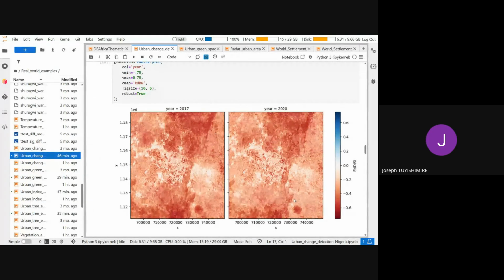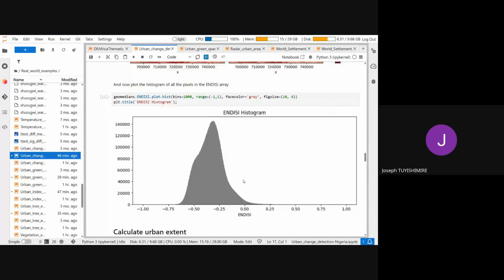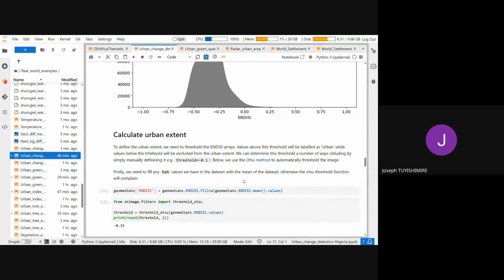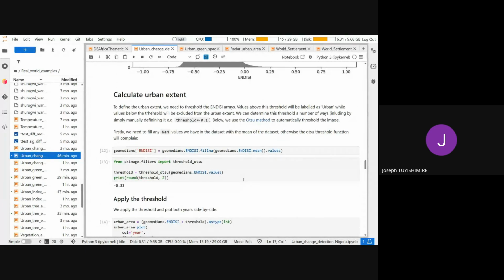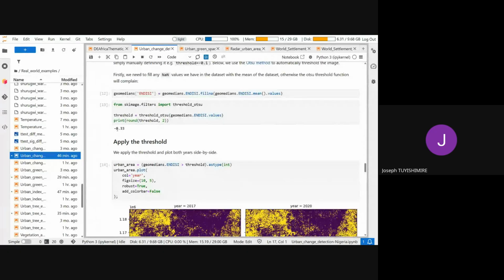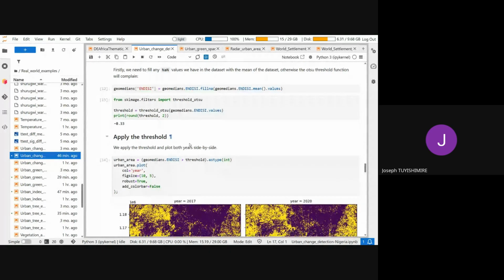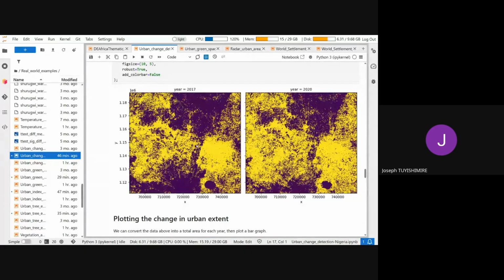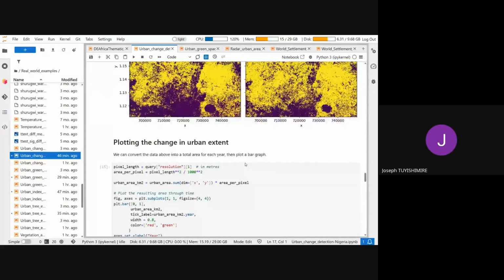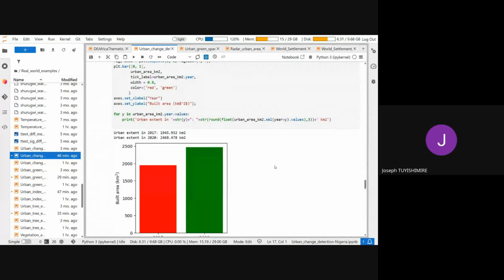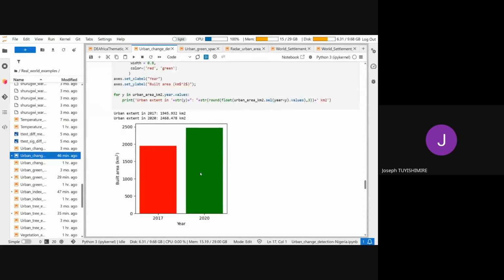This is the visualization of our index from 0 to 1. After that, we define our thresholds, which is 0.33. Everything below minus 0.33 should be considered urban. You can compare the two years using our index. Then you can plot the change in the urban extent, and you can see how